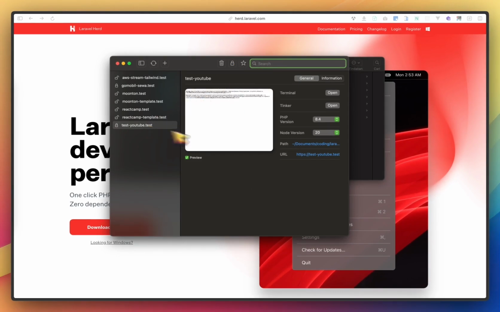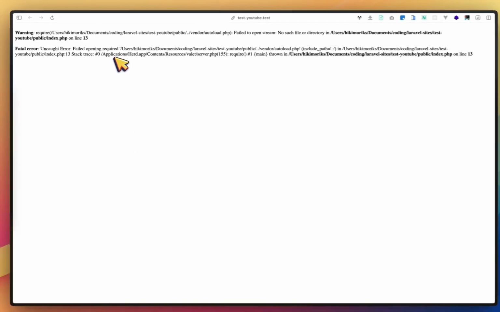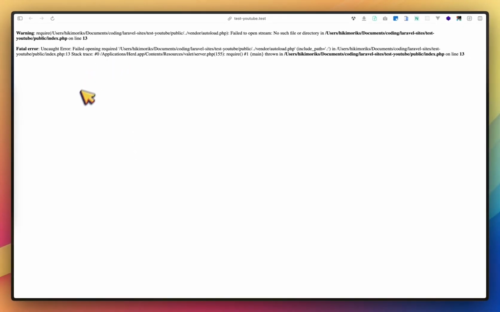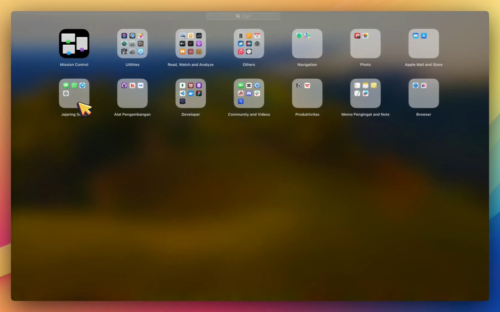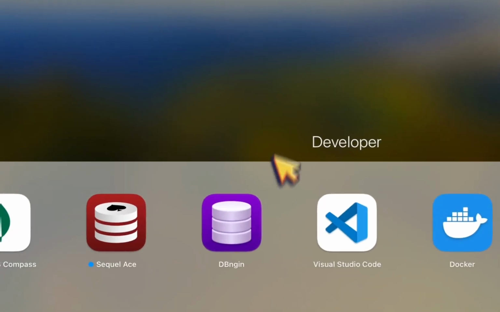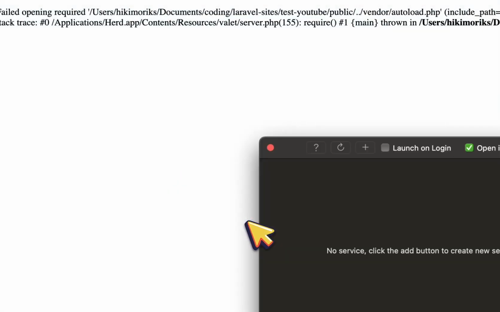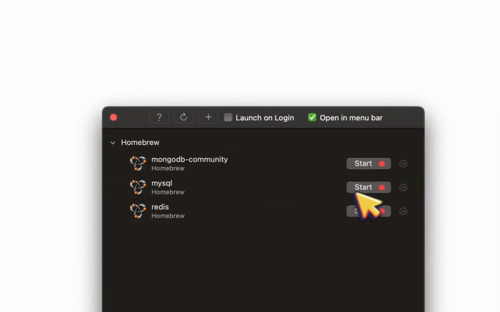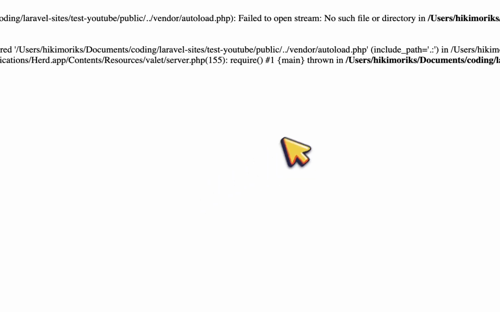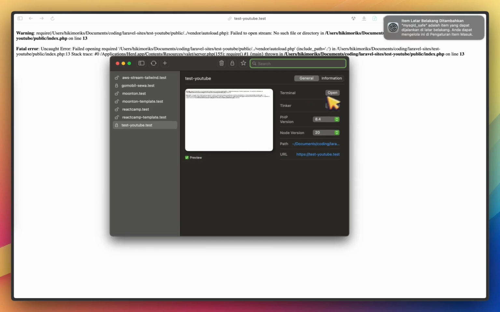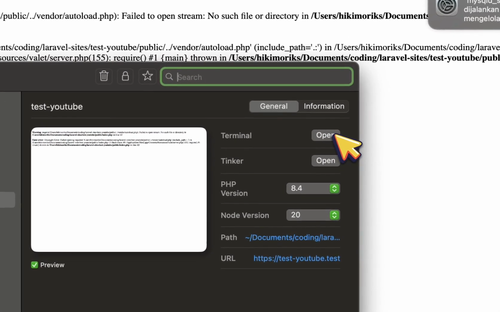If you make this secure you can open it, because I haven't started it. If you want to start a database, MySQL, and then Herd opens in the terminal.